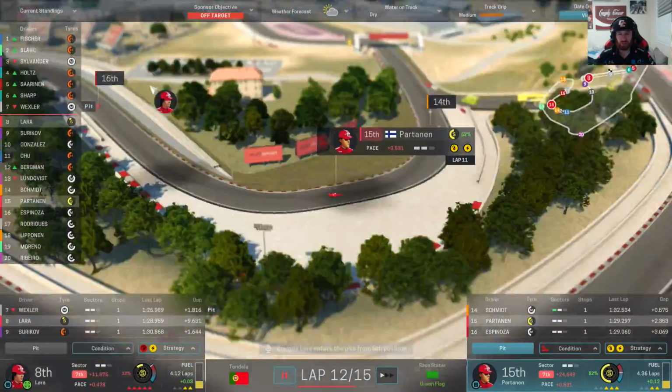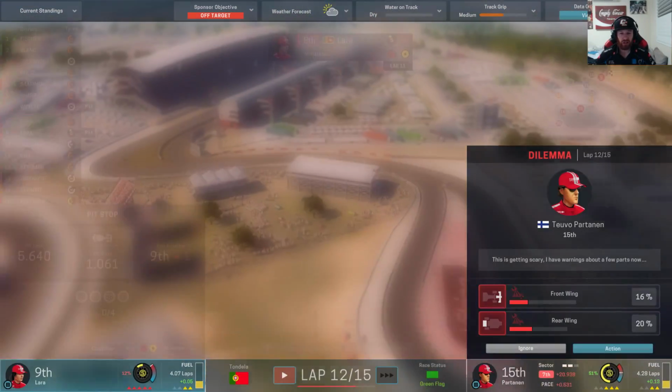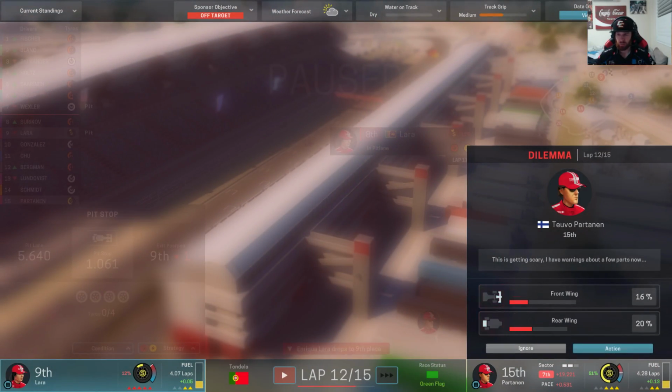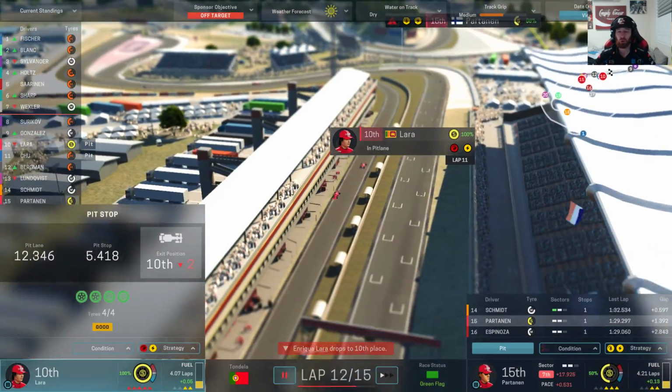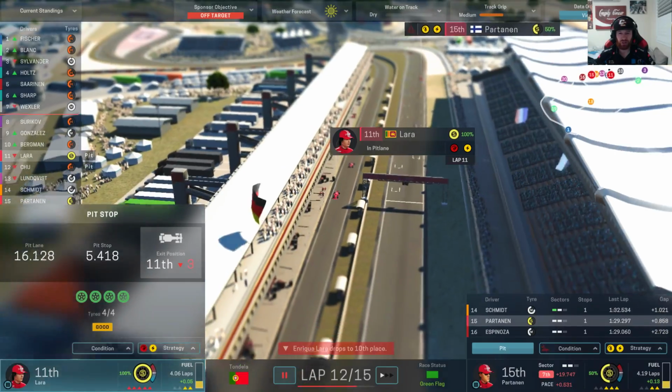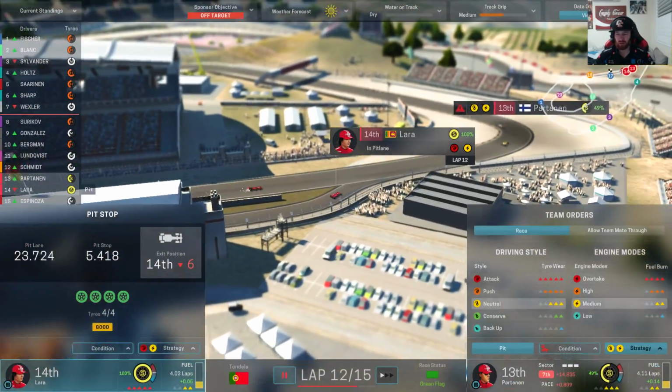So we're definitely going to get him to go the whole way. Our race now... Oh, ignore those components. I'm ignoring him for Partner because if he pits, he loses. He will not get in the top 10. So Lara is going to come out in 14th, 15th. I'm going to give Partner...